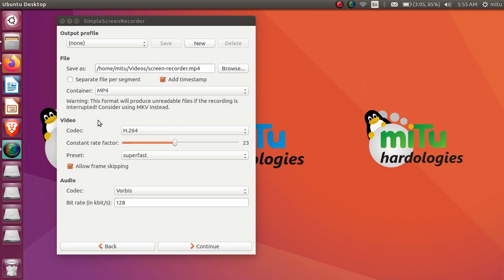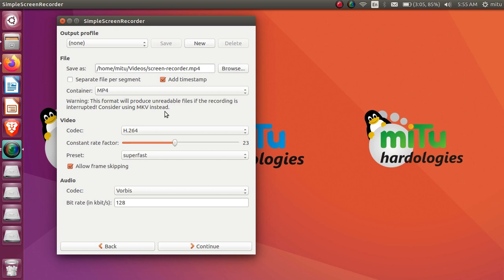Okay, fine. You can see that one warning is shown there: this format will produce unreadable files if recording is interrupted. Consider using mkv instead. That's the difference they have. If you interrupt the recording in the mp4 file format and its trailer is not complete, the trailer meaning the end of the video, the file will be unreadable and the recording cannot be done successfully.